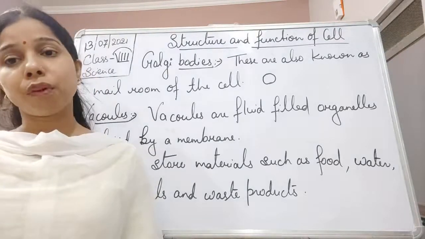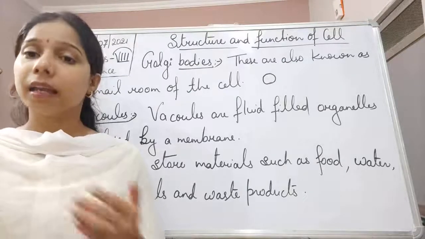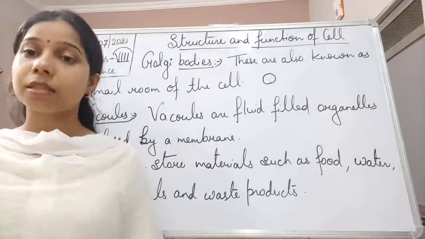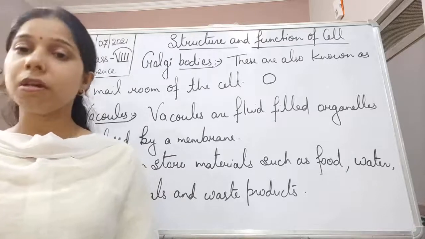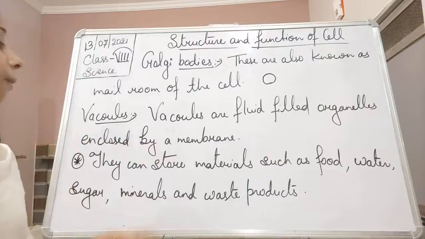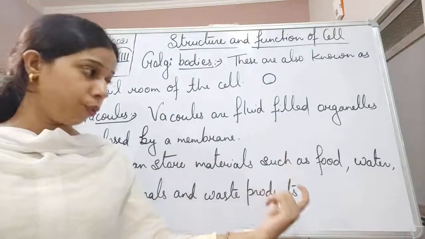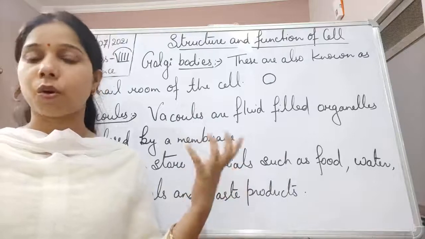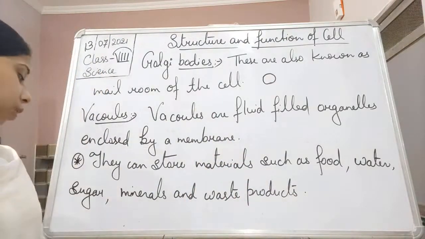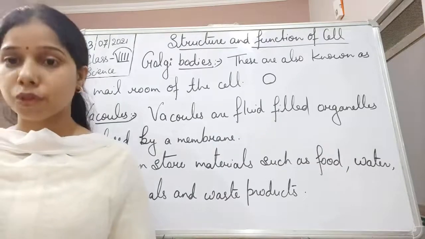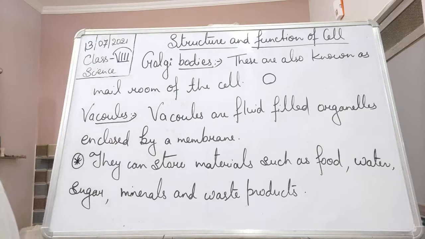Basically, the role of the vacuole, which we have understood, is that it helps in carrying things inside the cell, as well as carrying things outside the cell. That is why it is said that they help in storing material. That can be food, and such a vacuole is called a food vacuole. There are vacuoles consisting of waste product, of sugar or minerals. So, the role is to store.